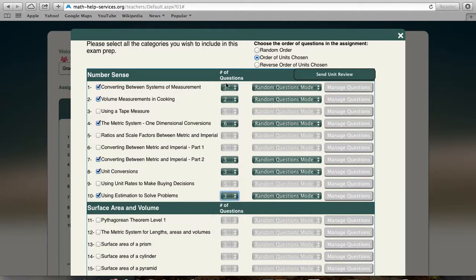So the next thing I want you to focus on: these are the number of questions that are going to be drawing on these concepts. So there'll be 3 questions on converting between systems of measurement. The next bit is picking how you want these questions selected. Okay. So this is kind of similar to the homework delivery system. So first thing is random question mode. So this is just going to draw from the database of 40 questions that we have on converting systems of